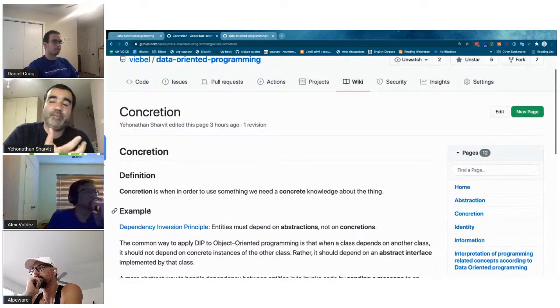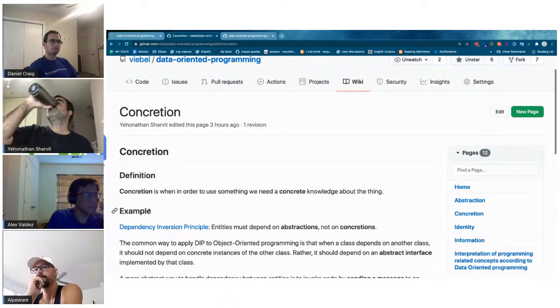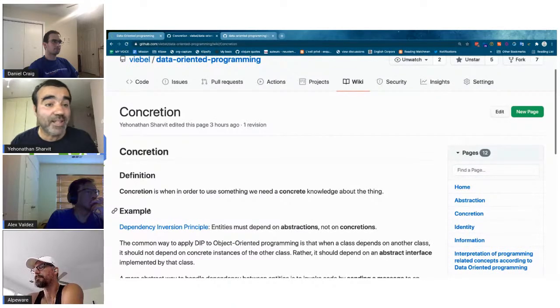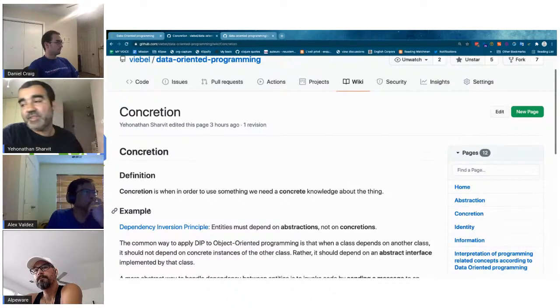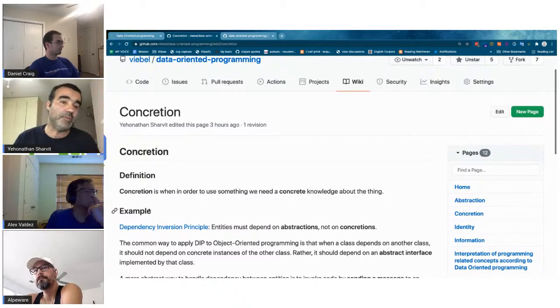Every time in software you use something, you need to know something about the thing that you use. You cannot use something without knowing anything, right? It doesn't make sense. Even if you need to press a button, you need to know where the button is. But when you press the button, you don't care if it's implemented in JavaScript or in Java or in TypeScript or in ClojureScript. Or whether there is one handler, two handlers, or 10 handlers. There is a button and it works as a button. So the interface between the user and the application is not concrete, it is abstract.